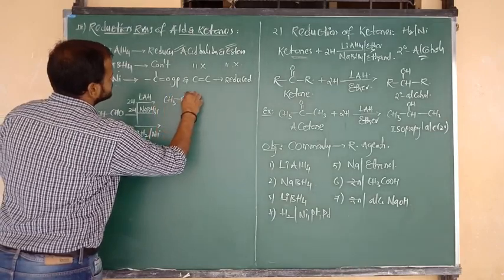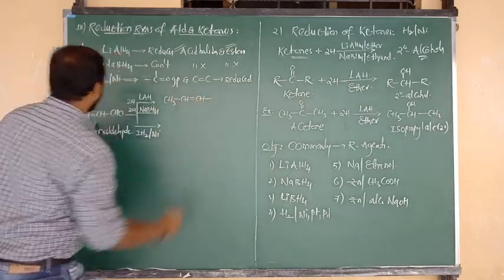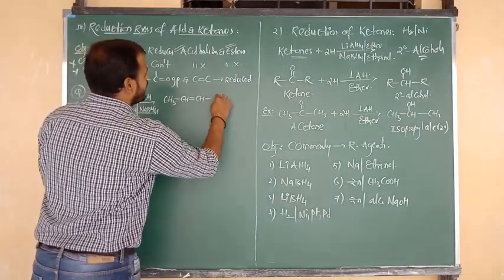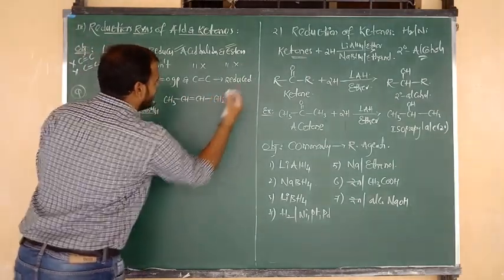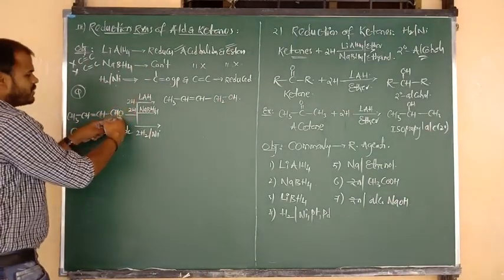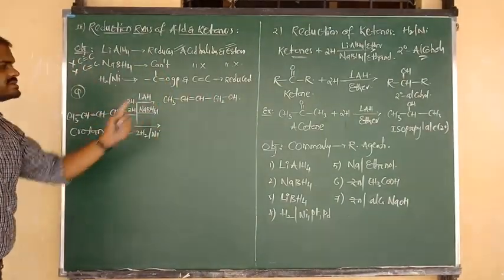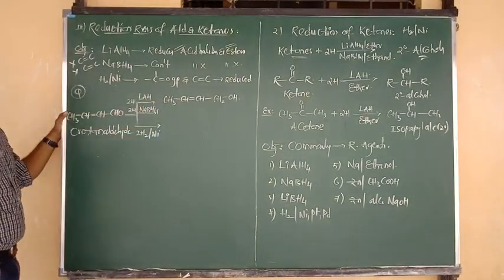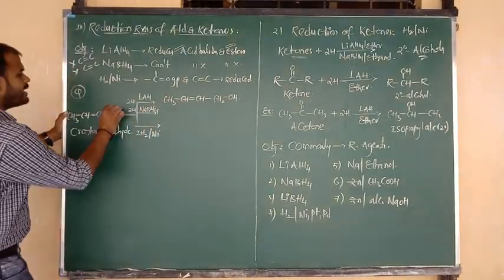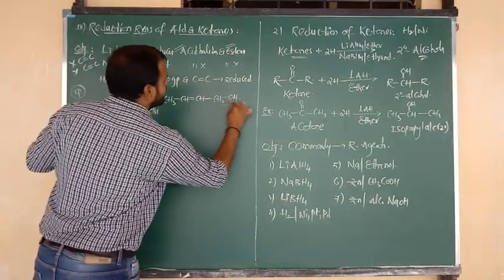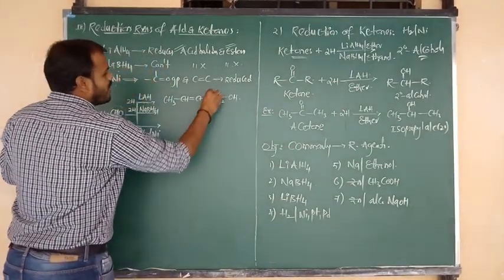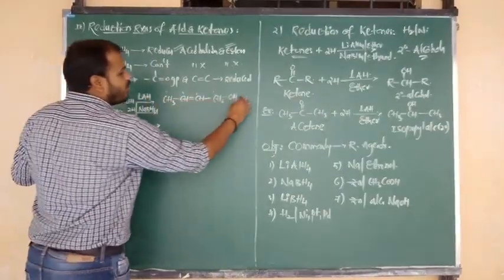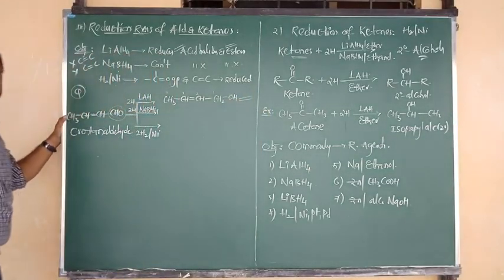CH3 bonded to CH, double bond CH bonded to CHO: the aldehyde group changes into a primary alcohol. CHO becomes CH2OH. One hydrogen is given to C, one more is given to O. CHO becomes CH2OH now. Okay? This means double bonds cannot be reduced by lithium aluminum hydride. Only the aldehyde group changes into the primary alcohol form. So 1, 2, 3, 4. But-2-en-1-ol is your final product.